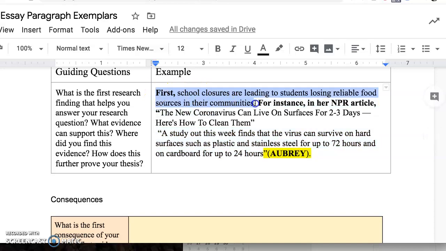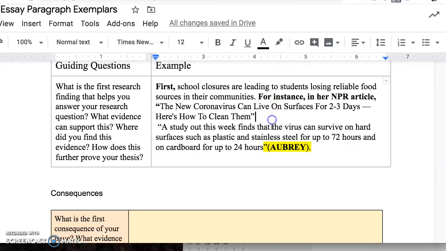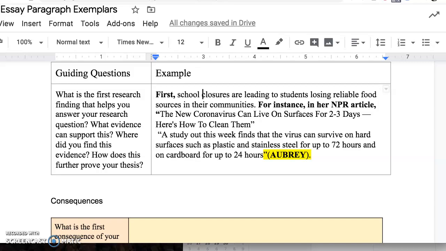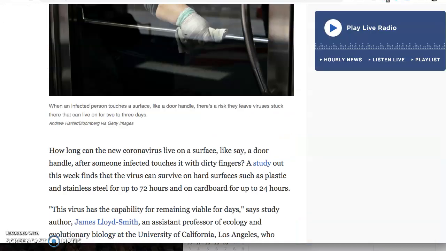So what I'm trying to look for is something about school closures are leading to students losing reliable food sources in their communities. So I think I actually need to find a completely different source, and this is part of the research process, is that if you see that this doesn't match this, then you either need to find a new source or change your entire argument. And if you change your topic sentence, then you need to make sure you go back and change your thesis. So I'm going to try and find an article about how